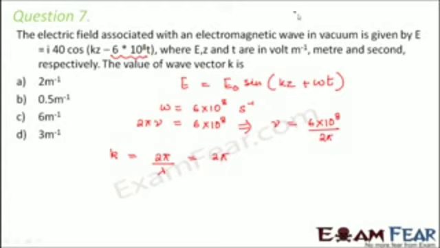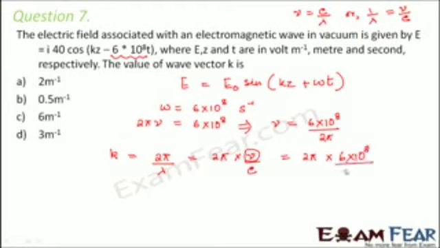Yes, of course. We know that nu is equal to c by lambda, or we can say 1 by lambda is equal to nu by c. So instead of 1 by lambda we can write nu by c. So this is equal to 2 pi into, now we can put the value of nu here. This would be 6 into 10 to the power 8 divided by 2 pi into c. So 2 pi will cancel. So this is 6 into 10 to the power 8 divided by c, which is 3 into 10 to the power 8. So 3 2s are 6, 10 to the power 8, 10 to the power 8 would cancel. So the value